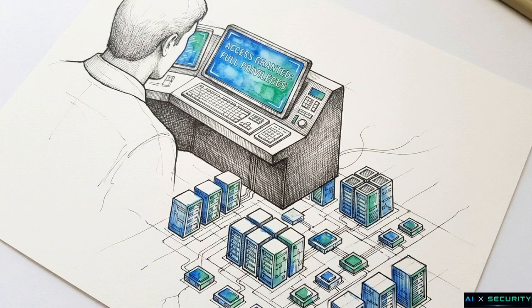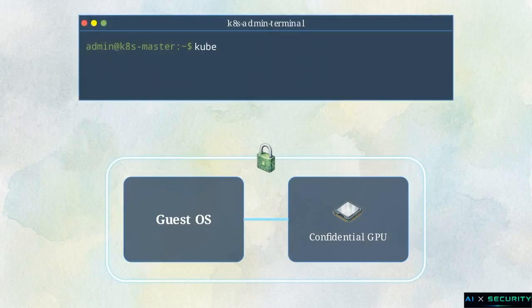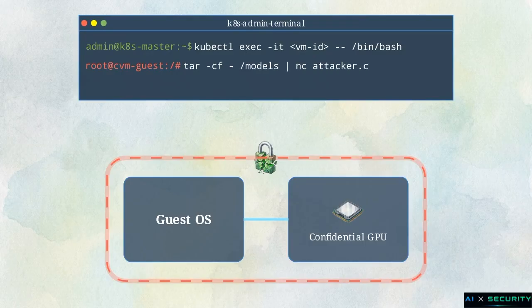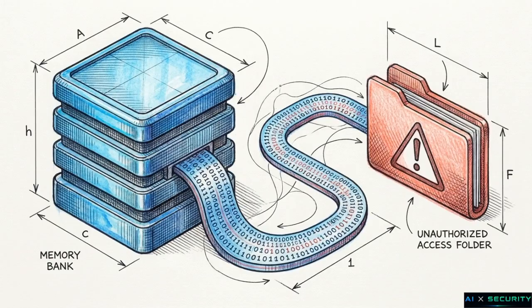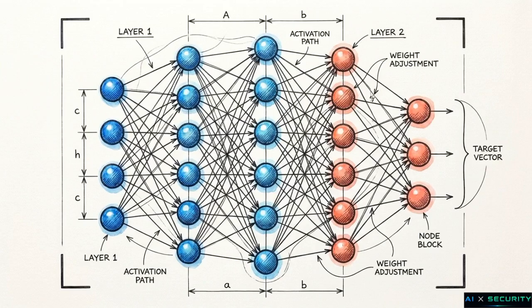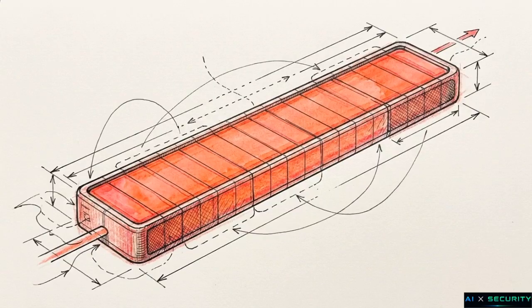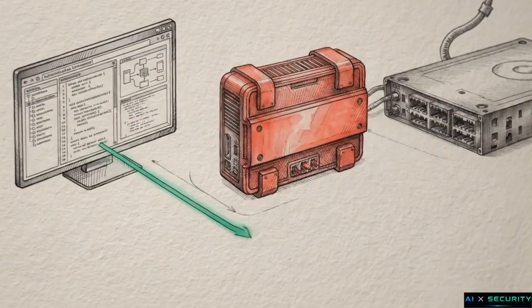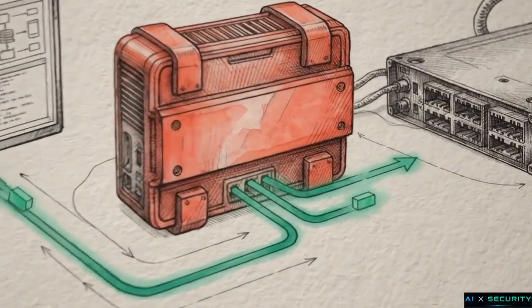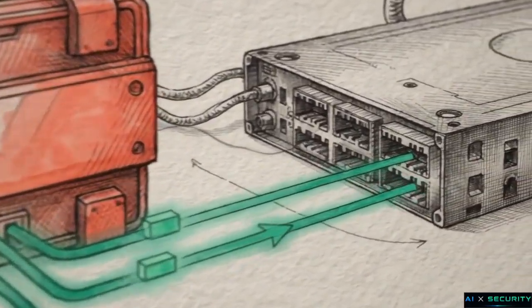They are wrong. This security model overlooks the Kubernetes orchestrator, the software layer managing these cloud deployments. A Kubernetes administrator retains full API privileges over the infrastructure. They are still sitting squarely inside the trusted computing base. All it takes is a privileged admin executing a single command, kubectl exec, to force entry directly into the confidential VM. Once inside, that administrator operates with root privileges. They have completely bypassed the hypervisor-level hardware protections.